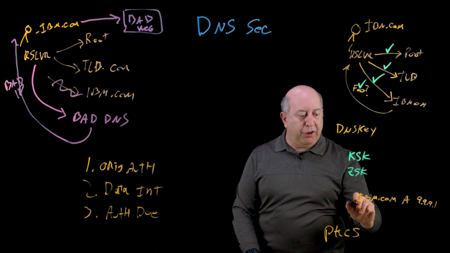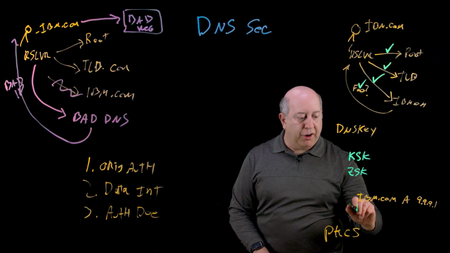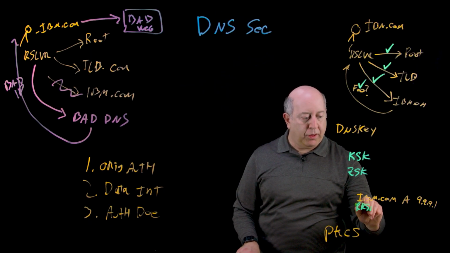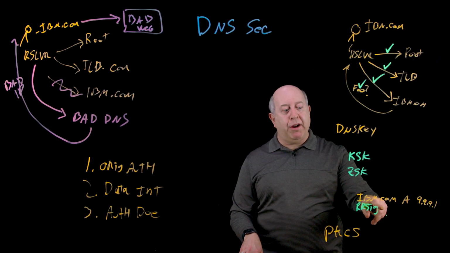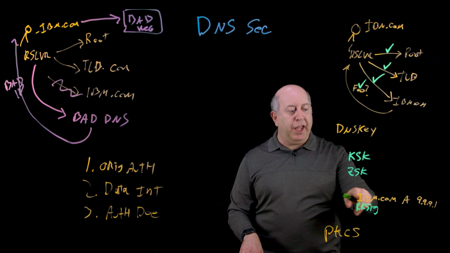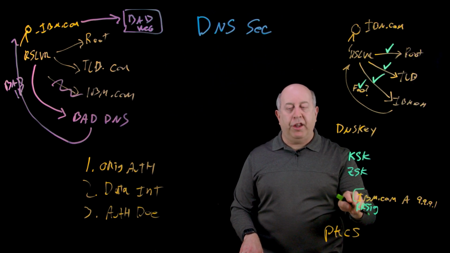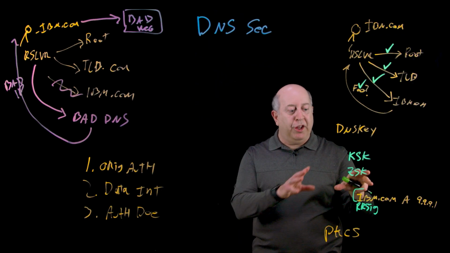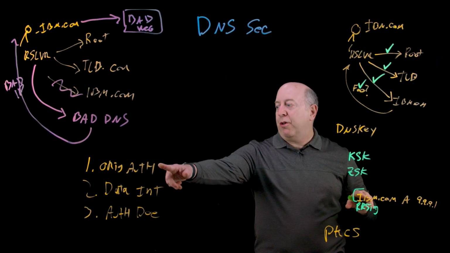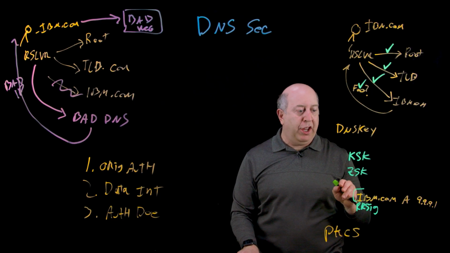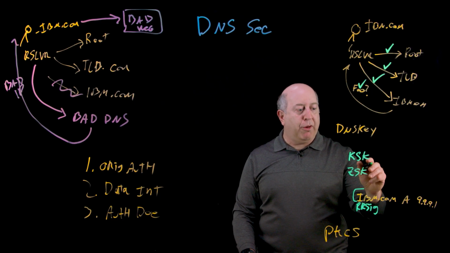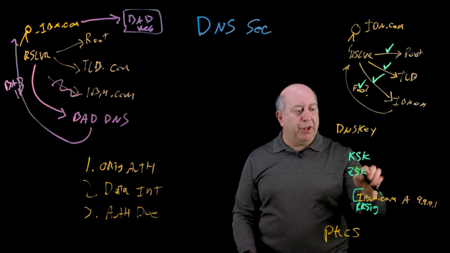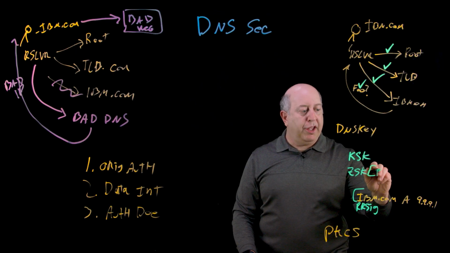So we create this record type called an RRSIG, and it's a way to cryptographically sign or authenticate that this is the answer, that when this answer is returned, it really is the answer from this server, so the origin authentication, and it hasn't been changed. The RRSIG was created using the public key in the zone signing key.